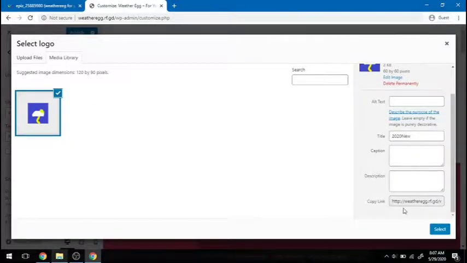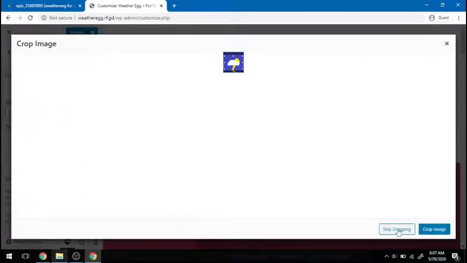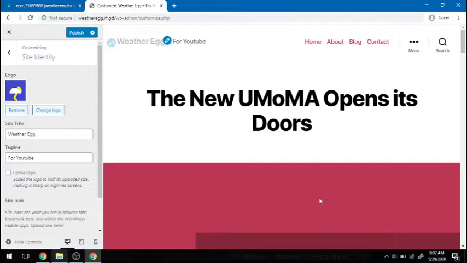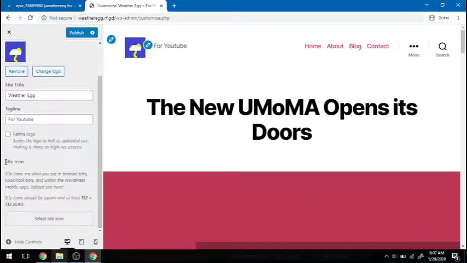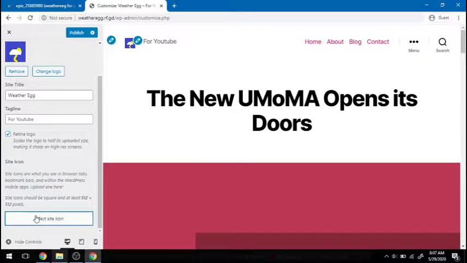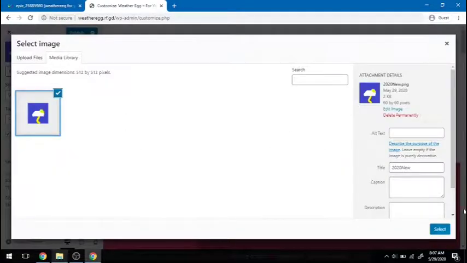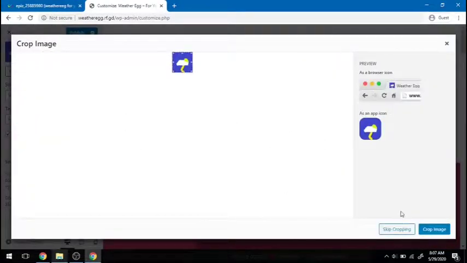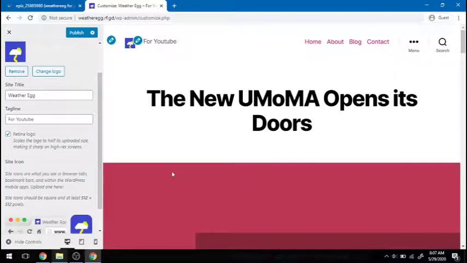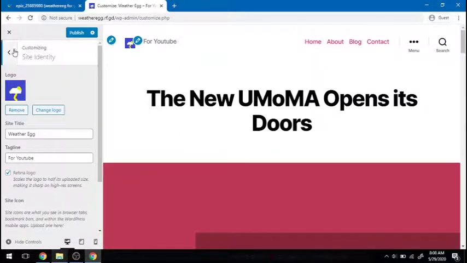2020 new, copy link. I'll just say select. And I'll say skip cropping. And now you have a logo. I'll say retina. And I will do the same thing for my site icon. Skip cropping. And so now this is what your site icon is. And now you can go back